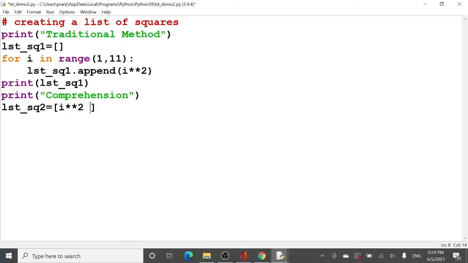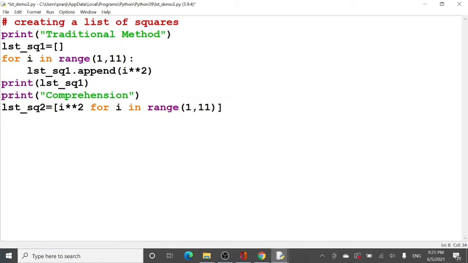So what I'm going to do is write this for statement inside my list brackets only. So for i, now this i will not give any error. So from where will I be getting this i? I will write for i in range, and the range will be from 1 to 11, and the brackets around it.